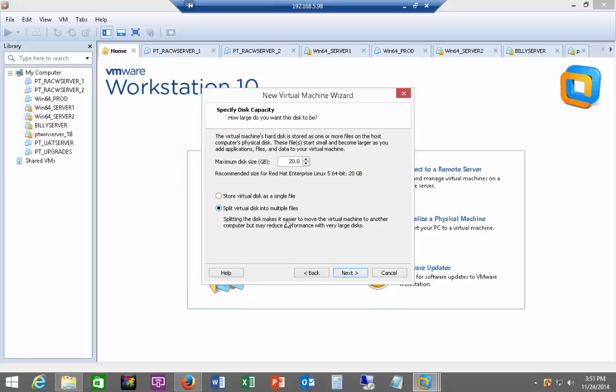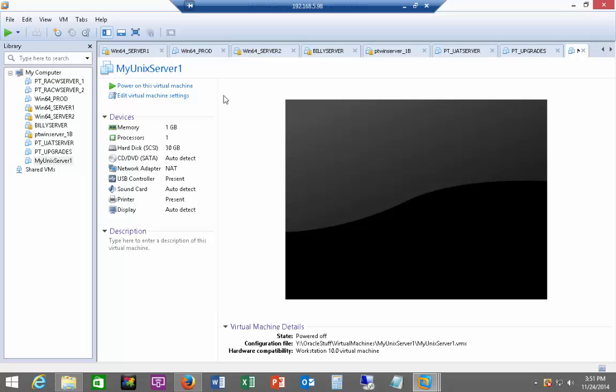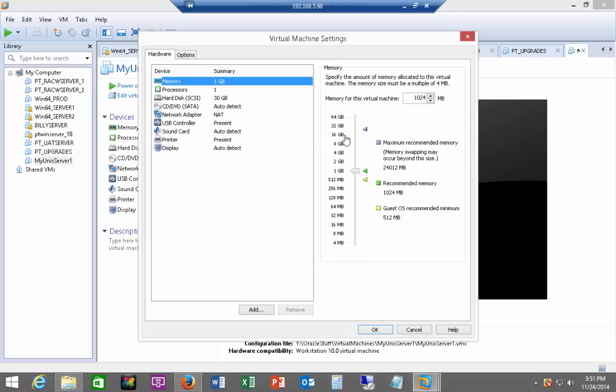Click on next. I want to split the files. The hard drive is going to be about 30 gig. There we go. And then this machine is finished and ready. So now My Unix Server 1 is ready. But remember, the memory was supposed to be 1.5 gig. 1.5 gig is